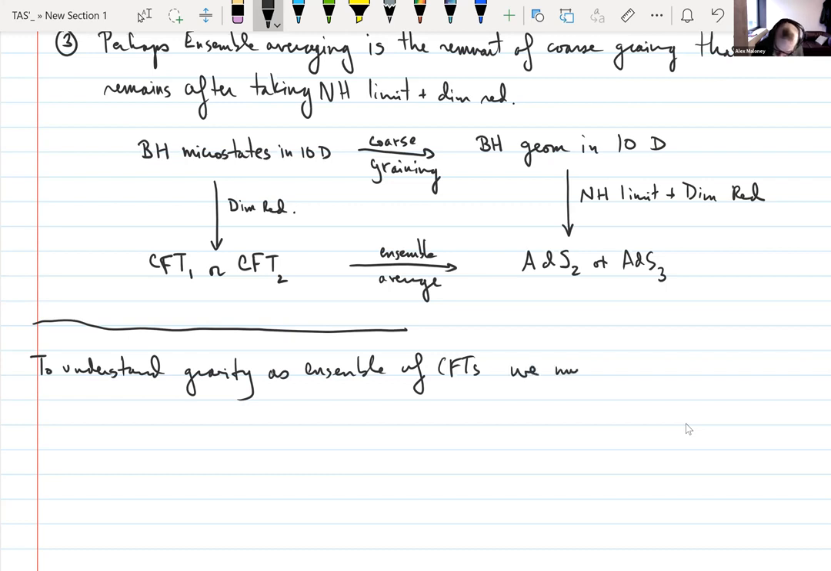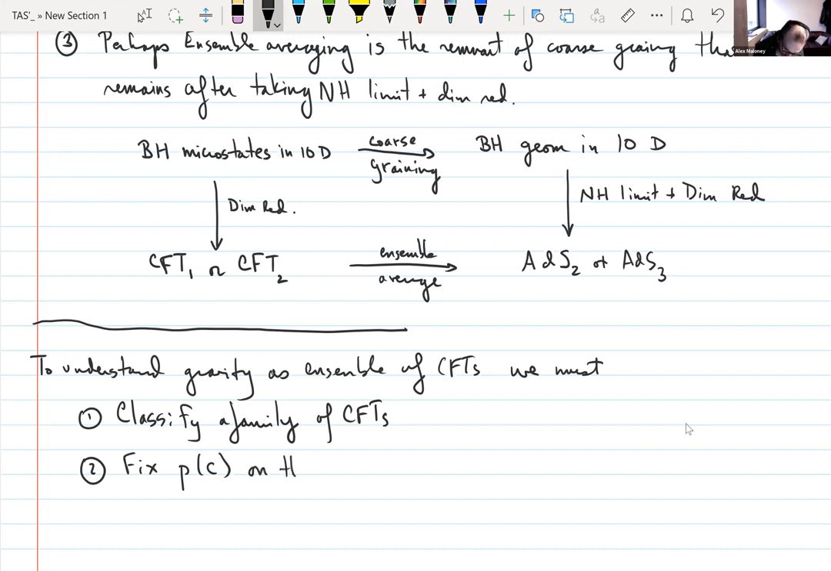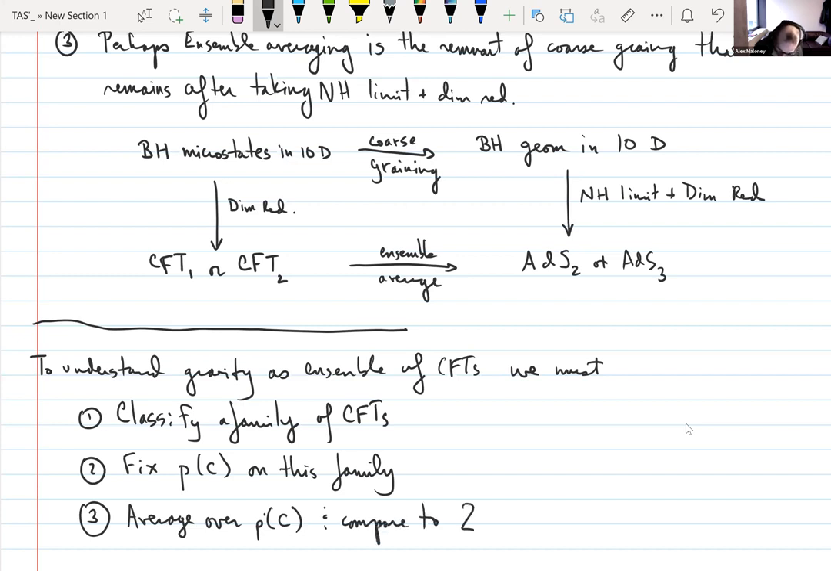what do we need to do? First, we need to find some family of conformal field theories that we can characterize precisely. Second, we need to find some probability distribution over this family. And third, we need to start computing things where we average over this family of CFTs and compare to our gravitational expectations. Okay. Now,